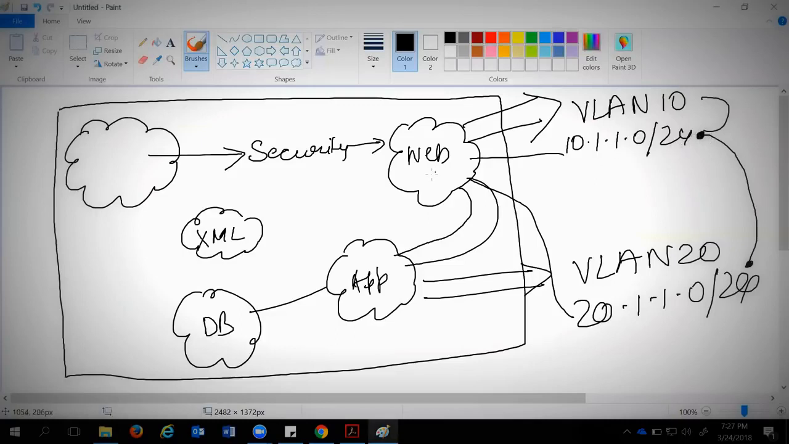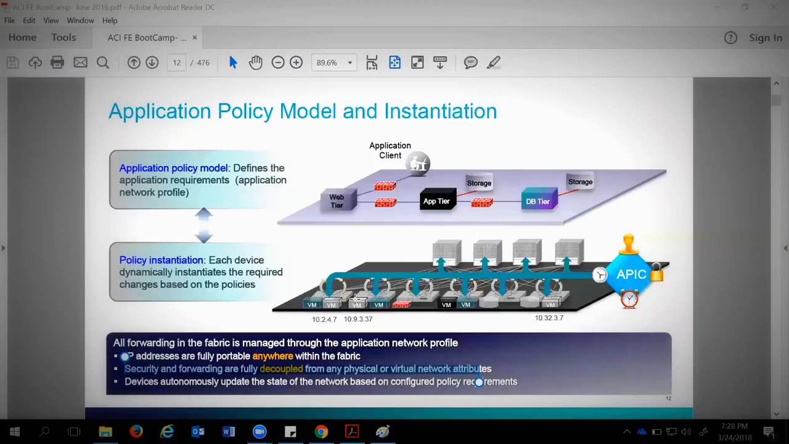But this time we are applying those things on an EPG level basis. Whatever the guys who are part of web, whatever the traffic that is going to app, they would be having proper policies which an end user would be creating. So that's the one thing which is always going to save us from the scenarios where we have to make